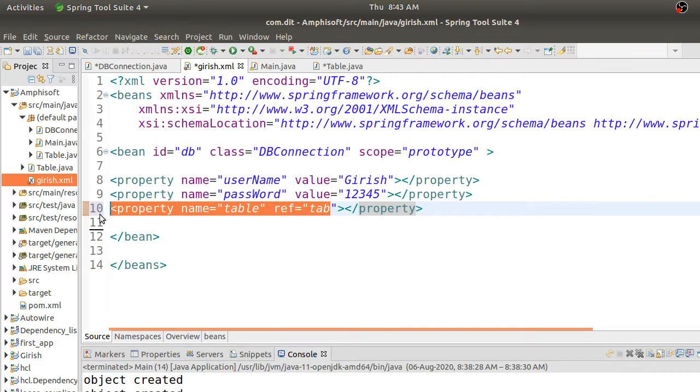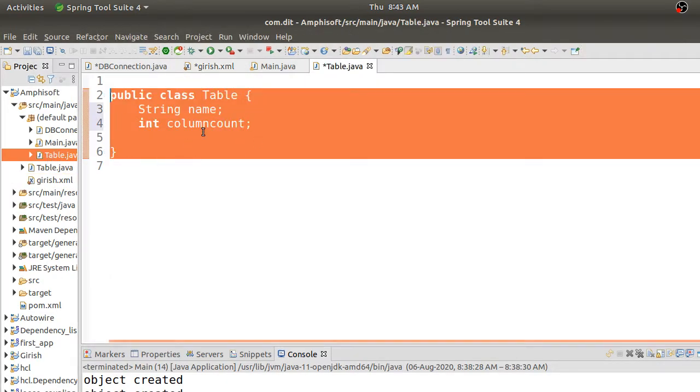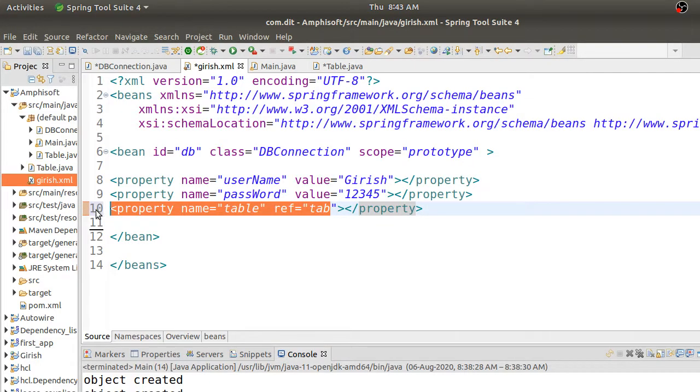So there are two ways of doing it. One is creating an inner bean. So there is something called as creating an inner bean. So here only you can write one more bean definition, because why should I write a bean definition? Because it is a different class. You can create an object of this, right? So ideally what I should do, I should create one more bean here. So you can directly go and write that also.